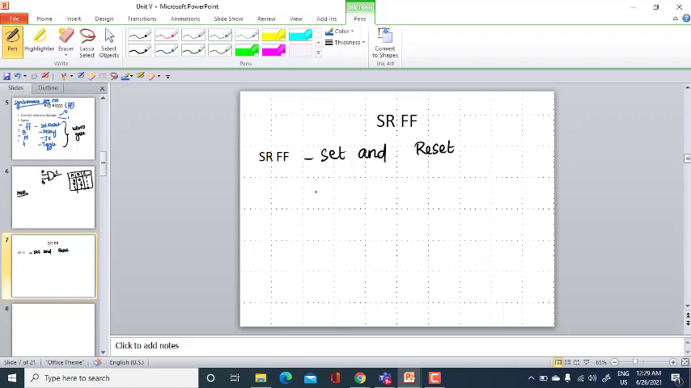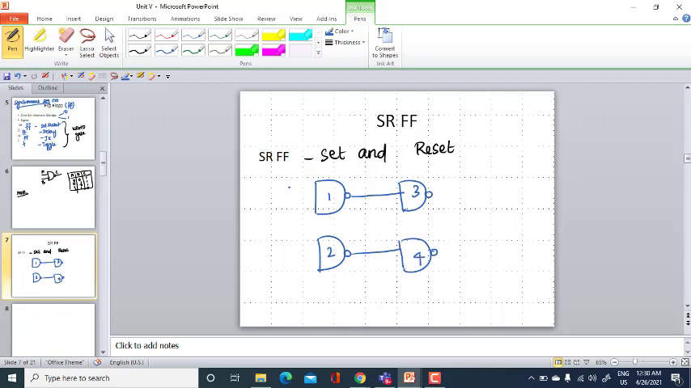So I will be having 4 NAND gates. Let me name the NAND gates as 1, 2, 3 and 4. Okay. So this SR flip-flop, all the flip-flops, will be having two stages. This is the first stage and this is the second stage. So here you have two inputs. So in the first stage, namely the gates 1 and 2,